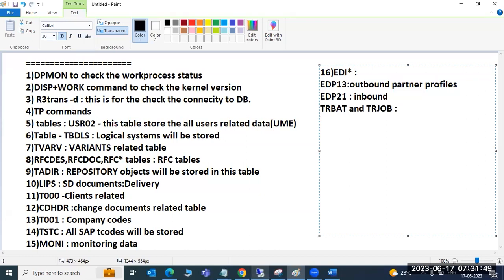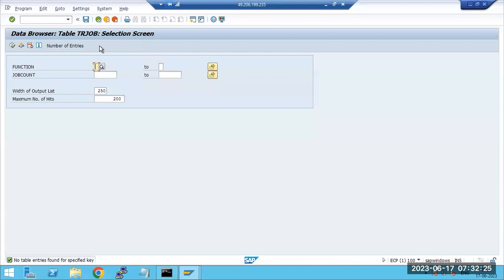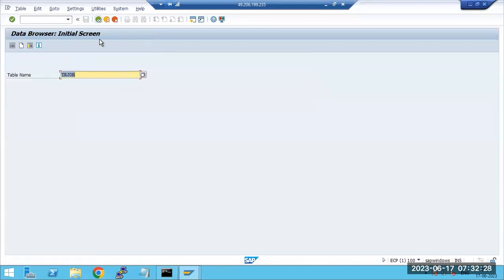We also have some background jobs related tables. That is called TBTC. So TBTC star tables, like TBTC T, hold background jobs related information.